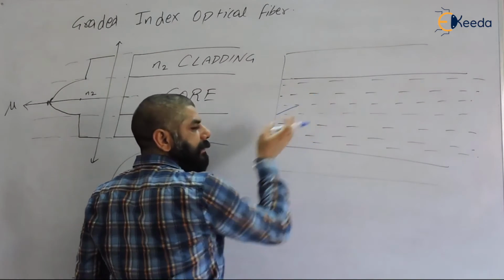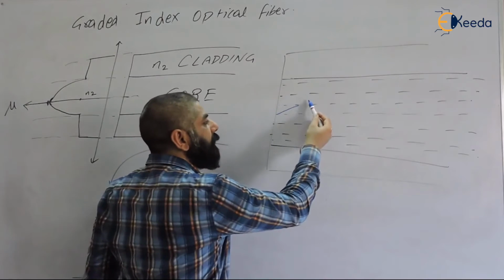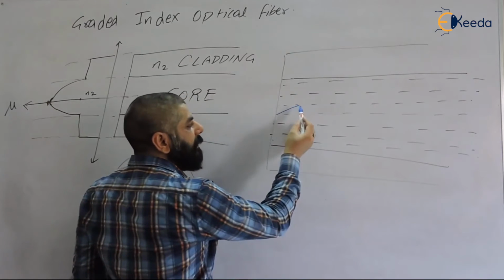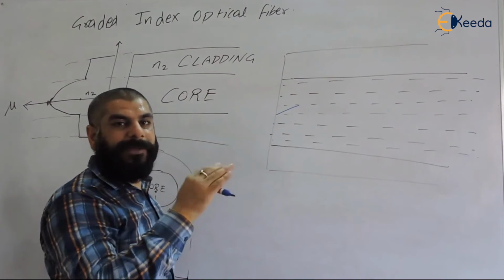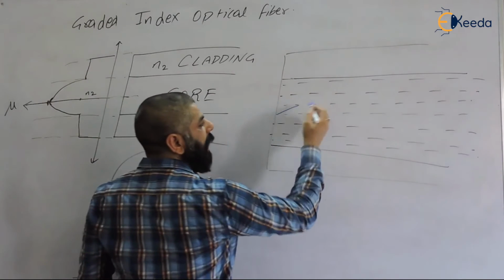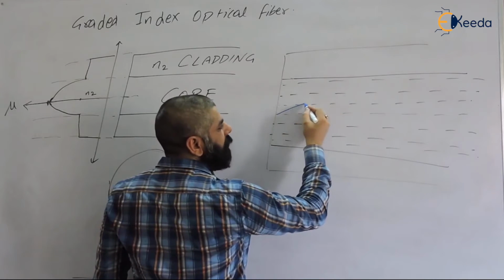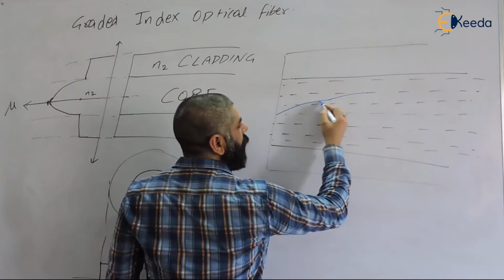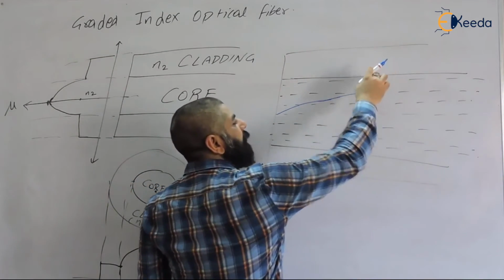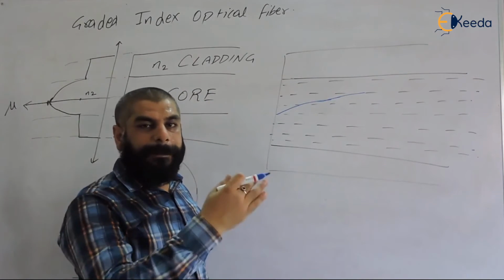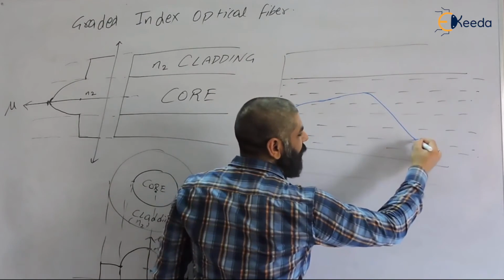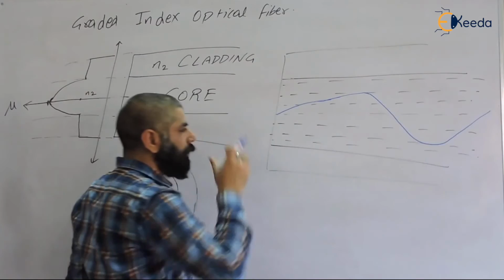But as it moves away, there is a difference of refractive index. So light will bend away from its path. This is the denser medium, this is rarer, because the refractive index is decreasing as we move radially outwards. So it will bend away from the normal. It will bend like this, and from this point to this point it will take a straight path. It is not necessary that it will reach the core-cladding interface. The total internal reflection takes place at some lower values.